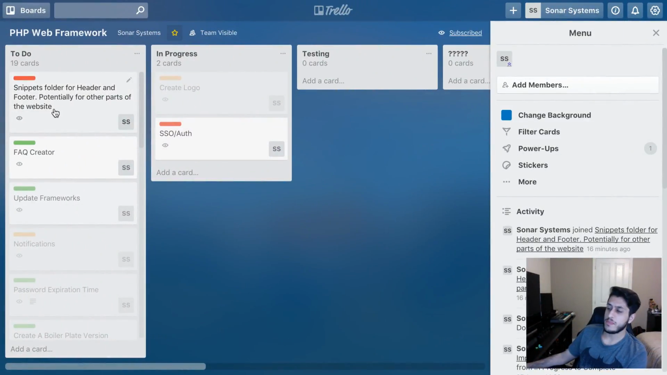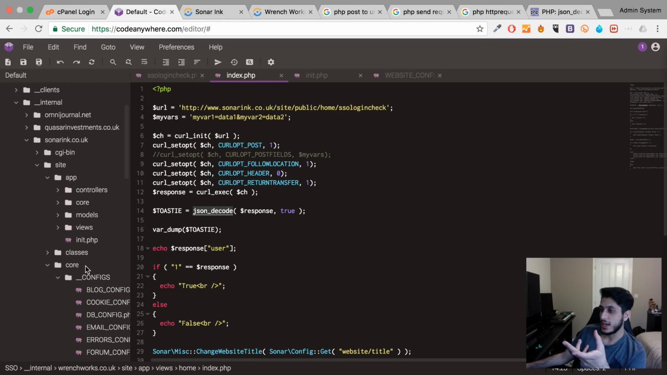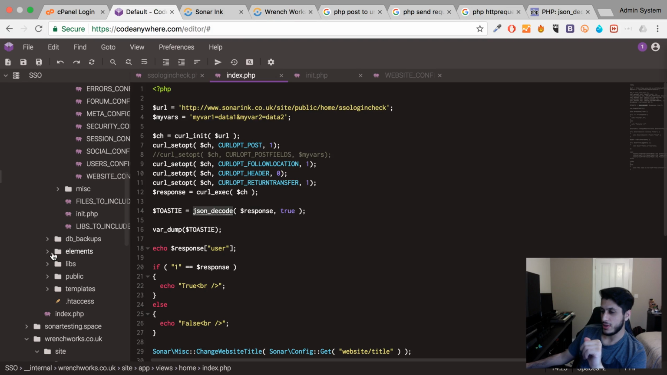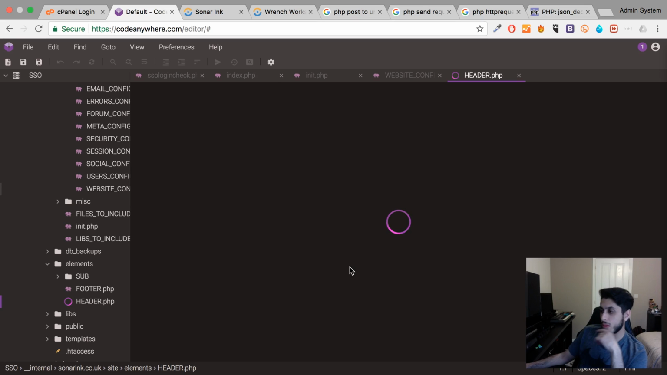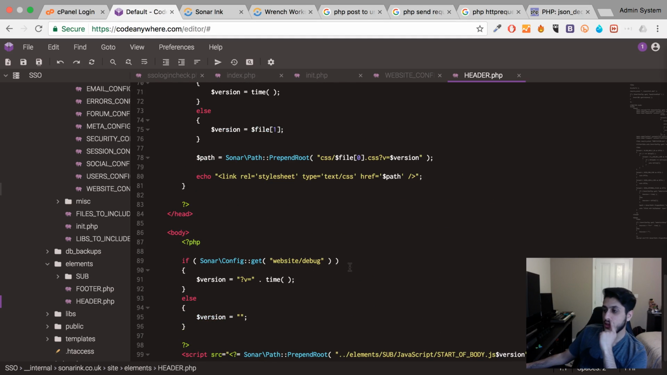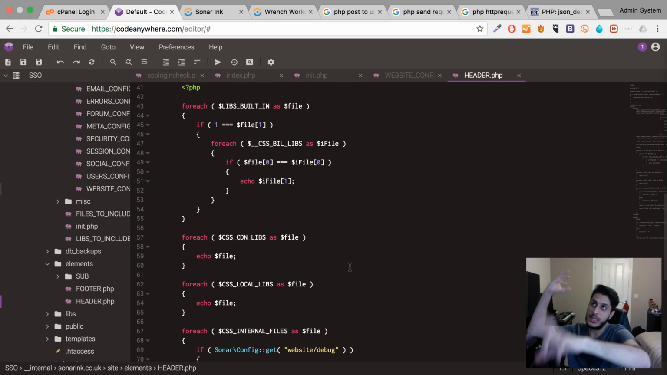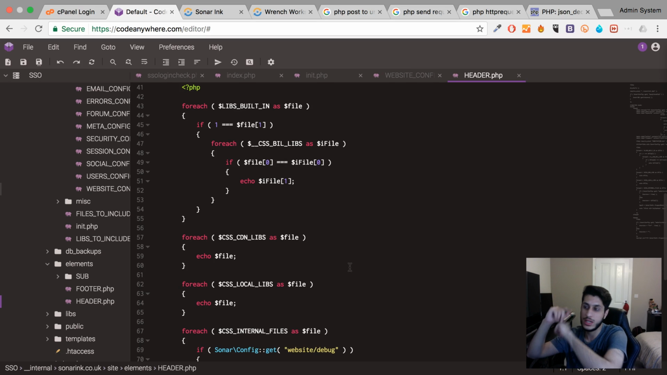Another thing I did on here was a snippets folder for header and footer, potentially for other parts of the website. What I was thinking was, when you start creating a website, and this is a side note, if you go to elements, for example, go to header, at the moment we really haven't got anything to show. It does quite a bit of stuff, but bar that doesn't show anything really. But here you would have your navigation bar, maybe within the navigation bar some sort of notification button, some other buttons as well, a search box, and we don't want that HTML, combined most likely with PHP as well, and potentially JavaScript or jQuery, because that will just increase the size of this